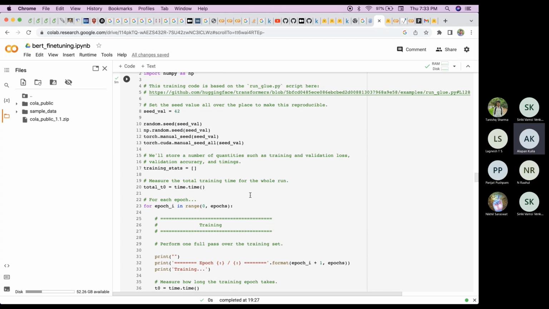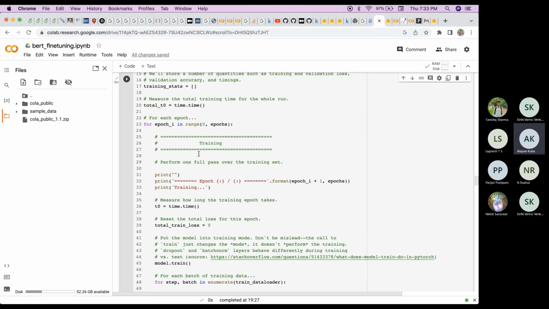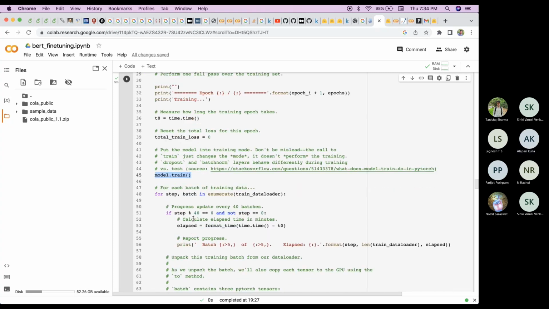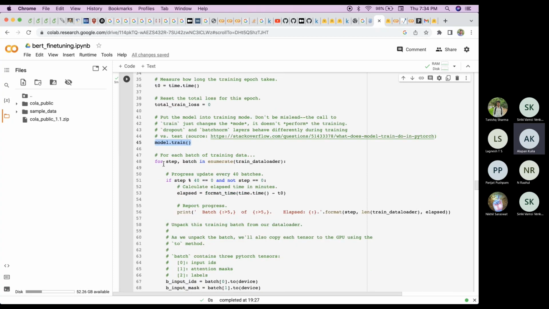Each time we run the code, we get the same result if we use this fixed seed value. Now in the training code, for each epoch, we set the model to train mode. It indicates that we are right now in training mode, so we have to update the parameters. Now for each step,